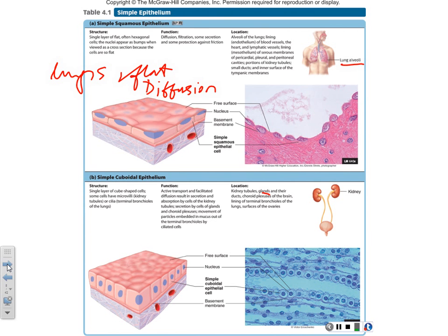So you need something that has a bit of volume, and all the glands have either columnar cells or cube-shaped cells. Because they're producing something, you need a lot of organelles, and you need a lot of vesicles to be packing whatever you're producing for that gland. All right? Okay. And in fact, the cells lining the kidney and the ureters may have